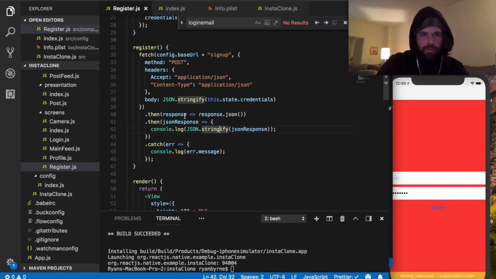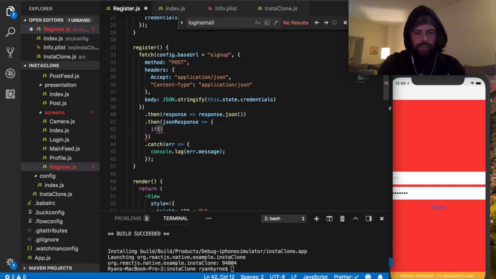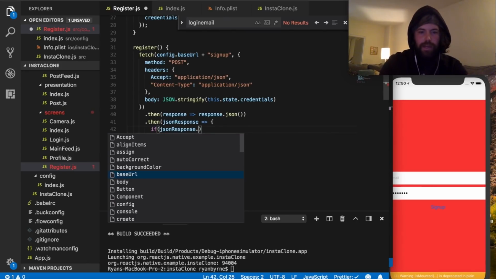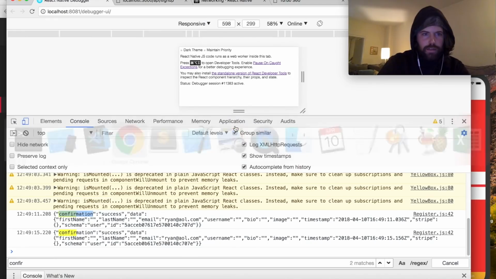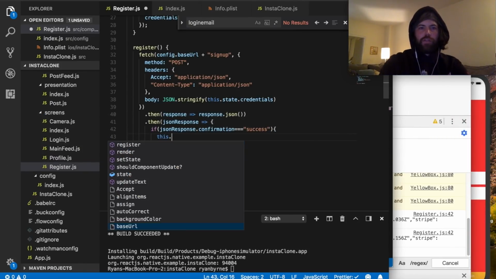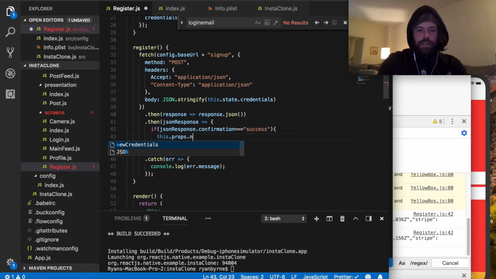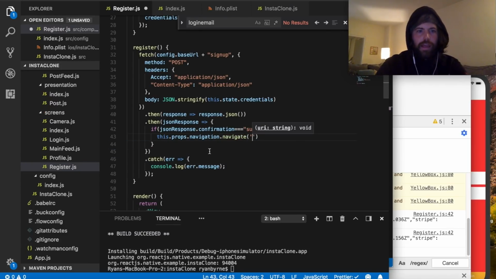JSON response. And response. Say if JSON response dot confirmation is success, if this is success, we want to navigate to the next page. So then we're going to call our this.props.navigation.navigate, and